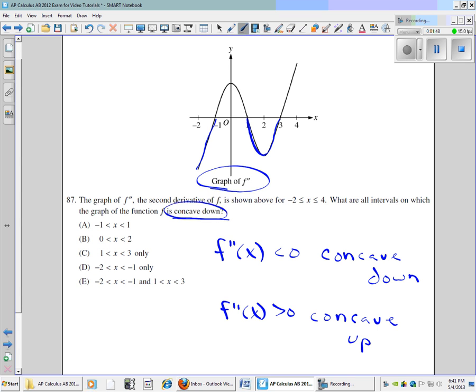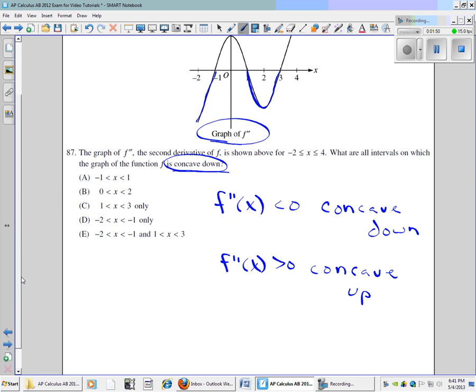So let's go ahead and look. Here's my interval for my values of x. X are values that are between -2 and 4. And I notice it's below the axis from -2 to -1. So I'm going to have in interval notation -2 to -1. And I'll also have from 1 to 3. That's where it's below